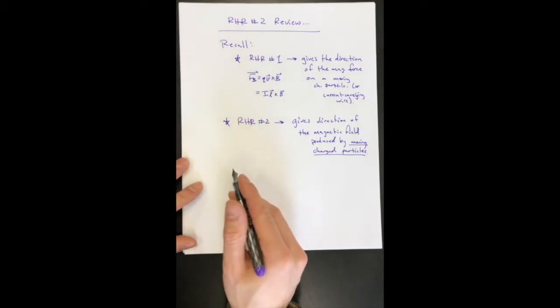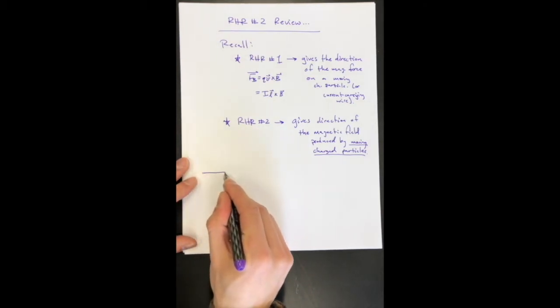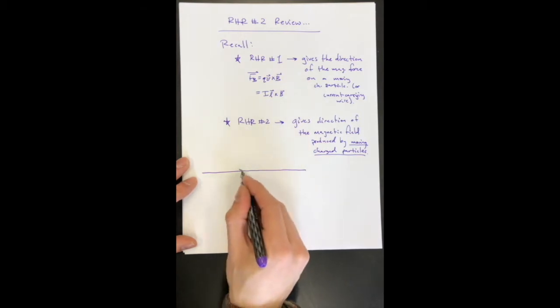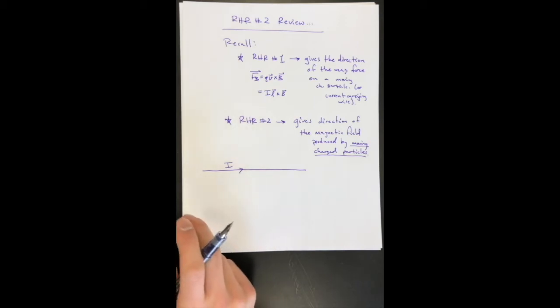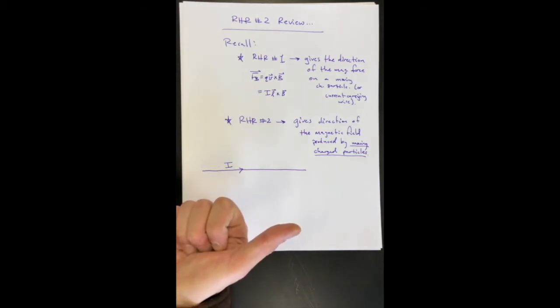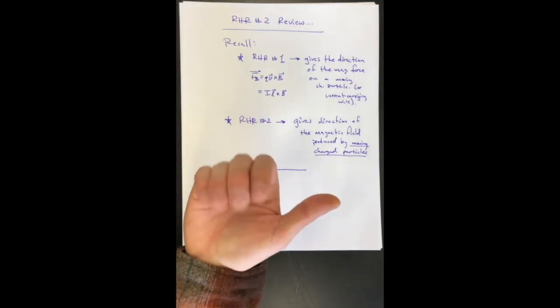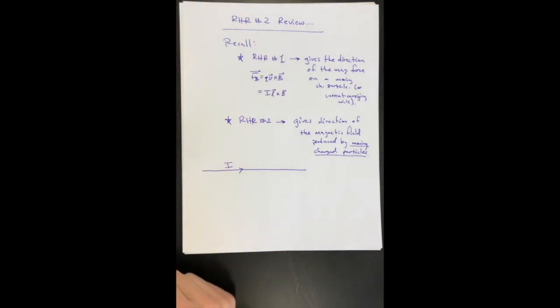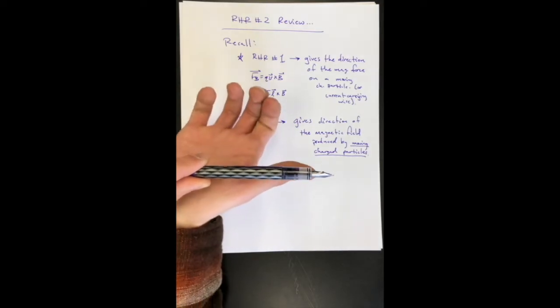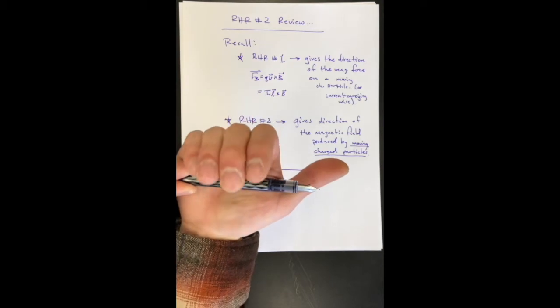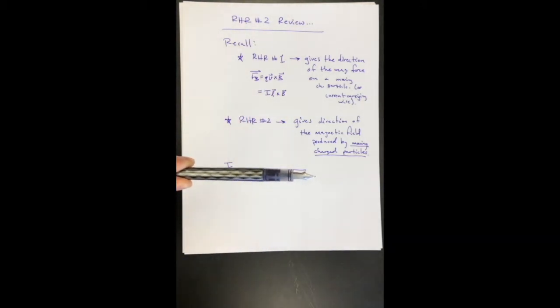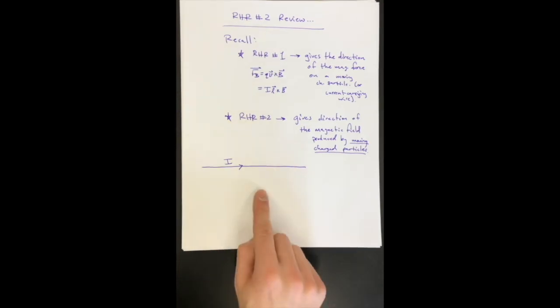And if you recall, in class, we decided if we had a current-carrying wire like so, where I is moving to the right in the picture, we could point our thumb in the direction of that current, and our fingers would curl around the wire to show the direction of the B field. And so if we imagine this pen is the current-carrying wire, if I put my thumb in the direction of the current, my fingers wrap around the pen to show what the B field created by the current would look like. And so if we look at this in a two-dimensional view,